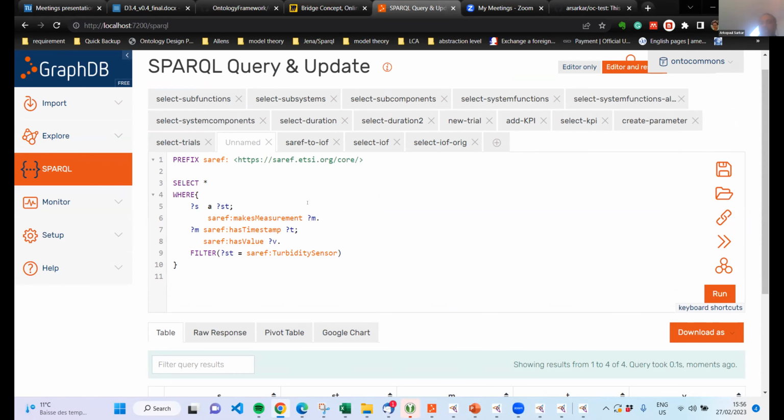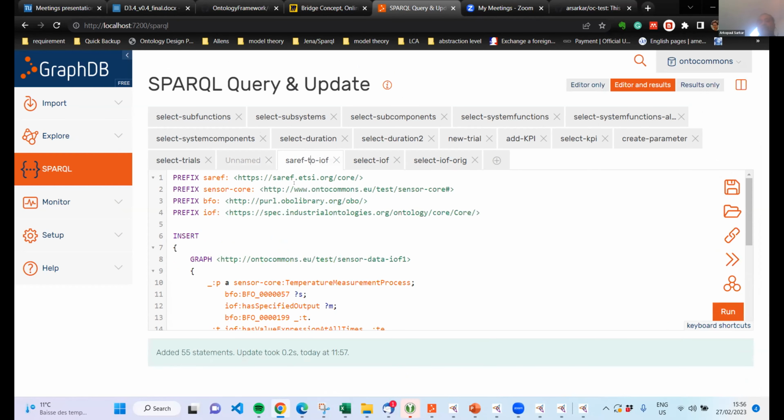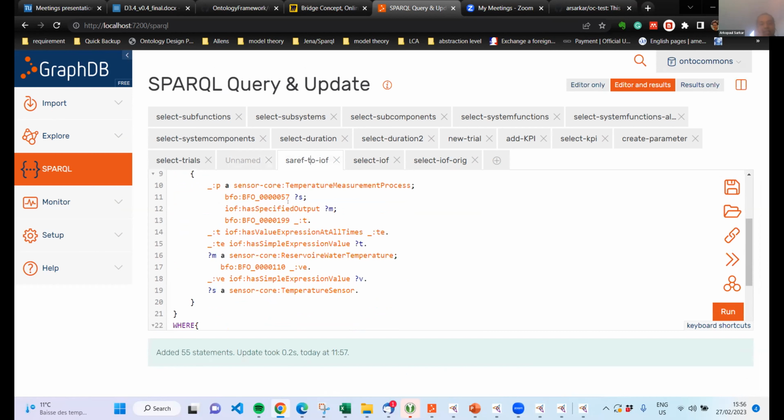The organization using SAREF to model their data, you want to bring that data to model it in the IOF completely. You do not need to do that. As I showed, the classification will still work, and you can infer the data from their graph database, no problem in that. But if you really want to take the data, you can simply